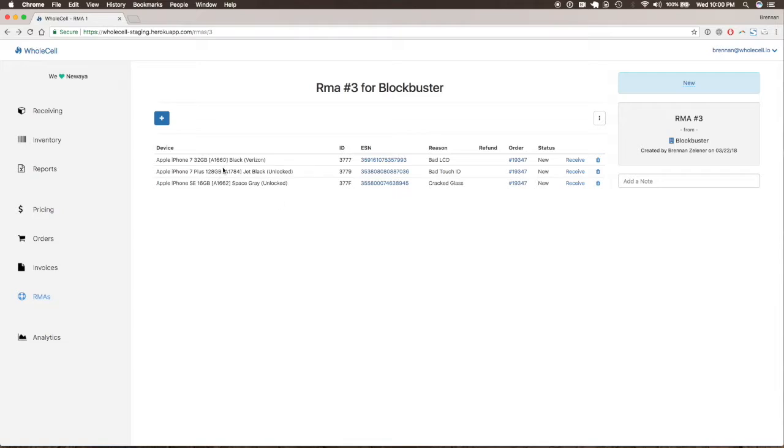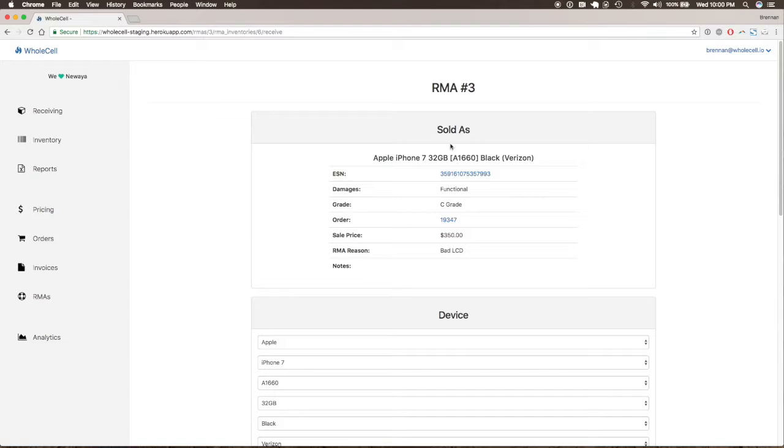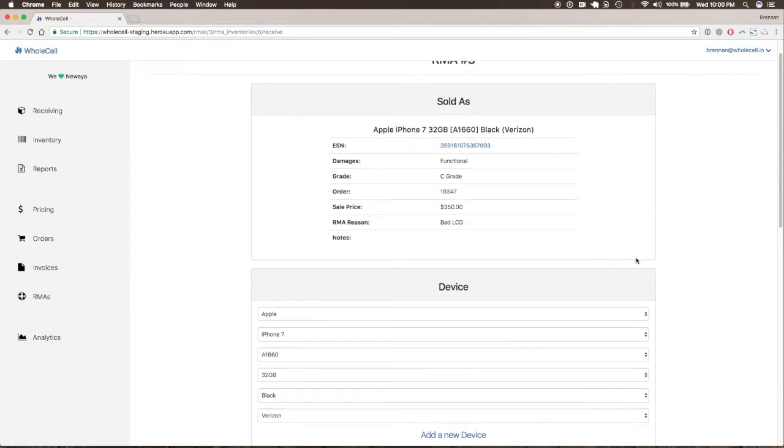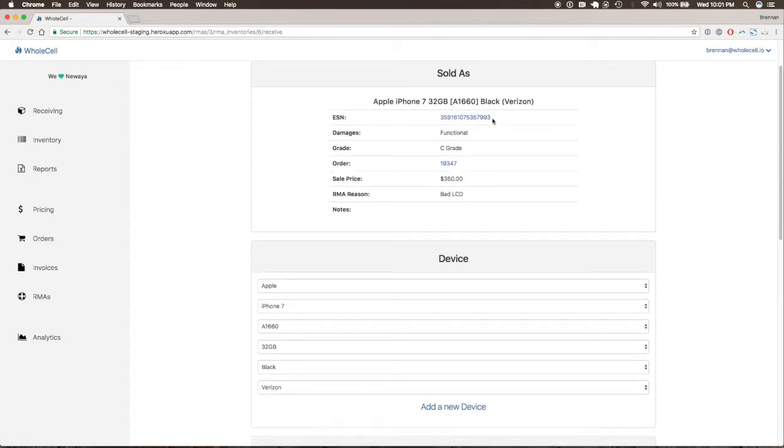And we're going to go through the phones and check them back into our inventory system and see if the reasons that Blockbuster told us these phones needed to be sent back are actually true. So we'll start with this iPhone 7 32 gig with a bad LCD. We'll go over to receive, and this is very similar to our check-in process, and you're going to see most of the same things, but you'll see these details about the phone that we sold them and why they're sending